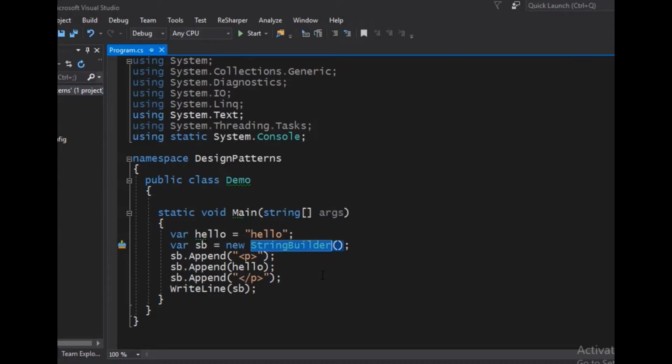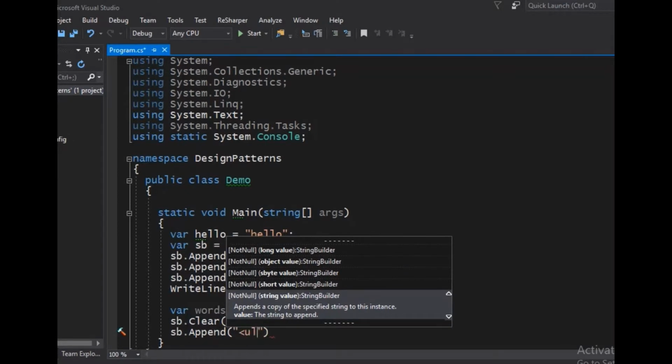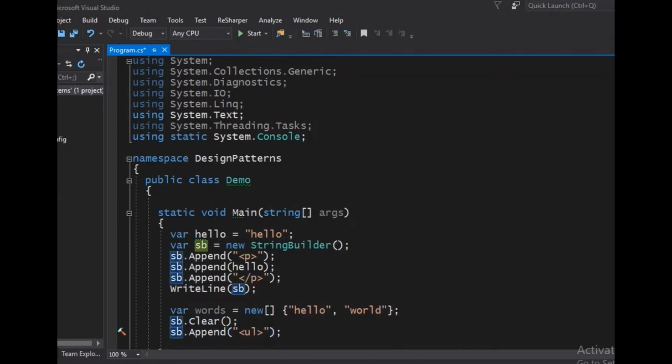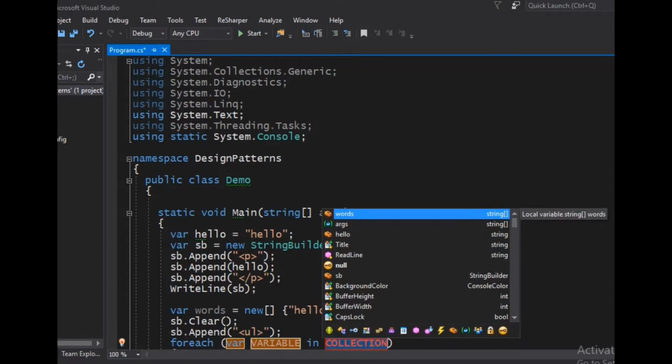Let's suppose that I want an HTML list with 2 words containing the actual item. So we're going to have the words as an array with hello and world, and we're going to actually clear the string builder. I'm going to reuse the one I have already, and then I'm going to append the tag for the unordered list, so that's UL, and then at some point down the line I'm going to close this, so I'll have /UL, and in between I'll put a for each where we go through all the elements in